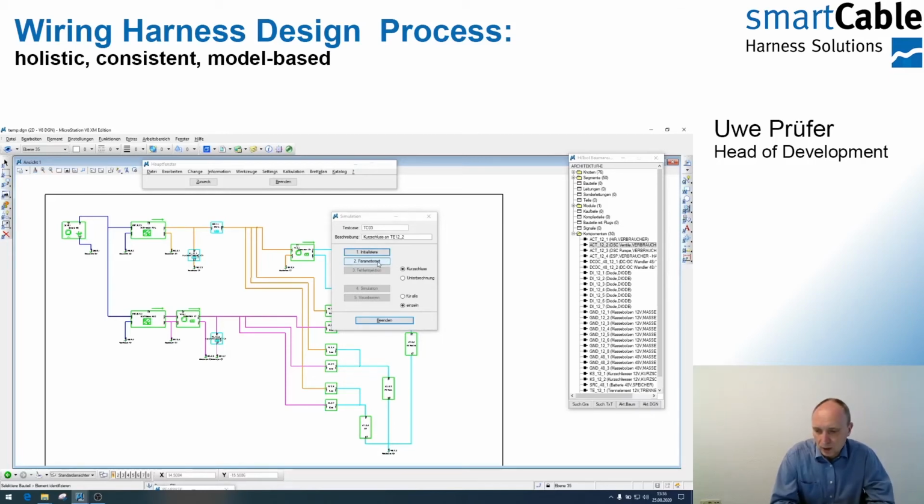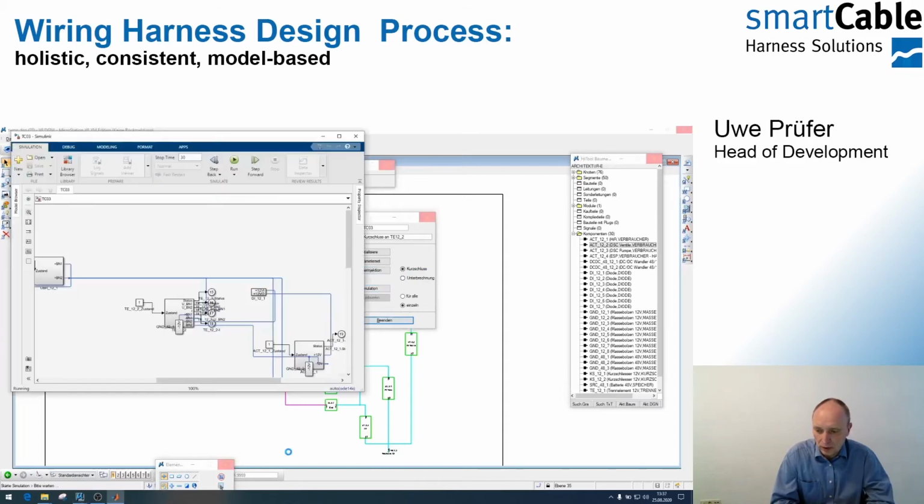I define my parameter set for the simulation. The simulation tool is Simulink and the duration is 10 seconds. I inject my error, a short circuit in the secondary subnet, after 4 seconds. To run the simulation, at first we have a digital transformation from the model, from the architecture design to the